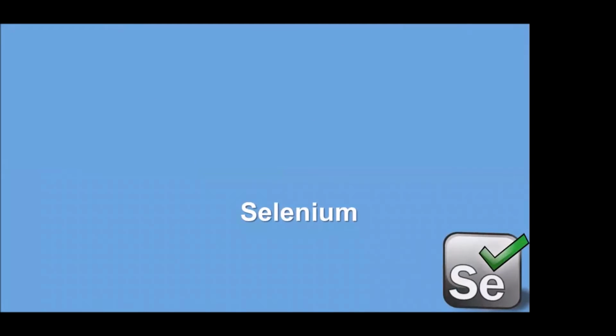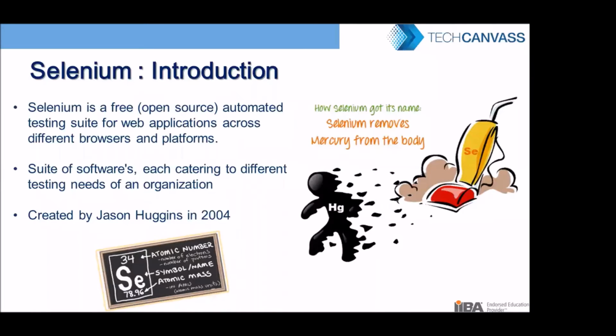Now we will start with Selenium. See, Selenium is open source, a free tool developed by some people who are dedicatedly working on this. And how did Selenium come into the picture, and why did it get named Selenium? See, around 2006, 2007, 2008, in that period, the only automation tool in the market was QTP. So the main competitor of Selenium was QTP, and that was held by Mercury. At that time Mercury had a product called QTP.